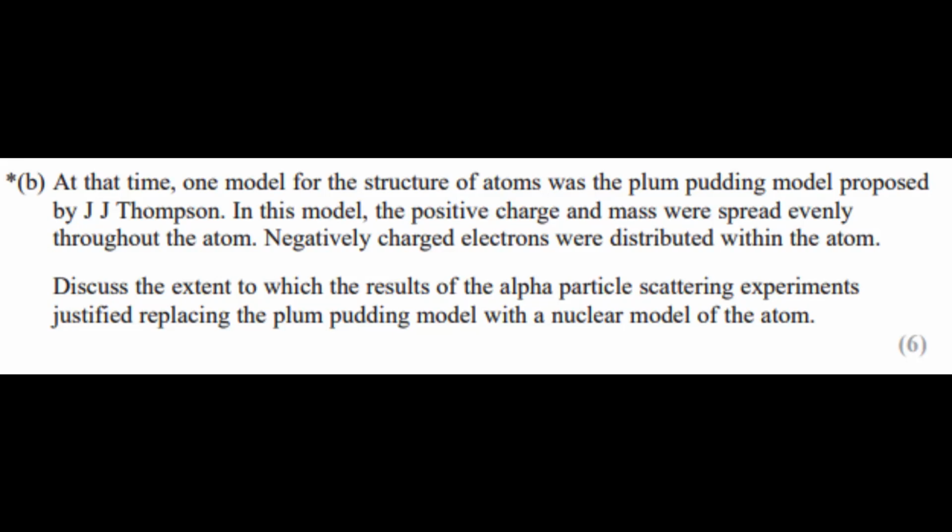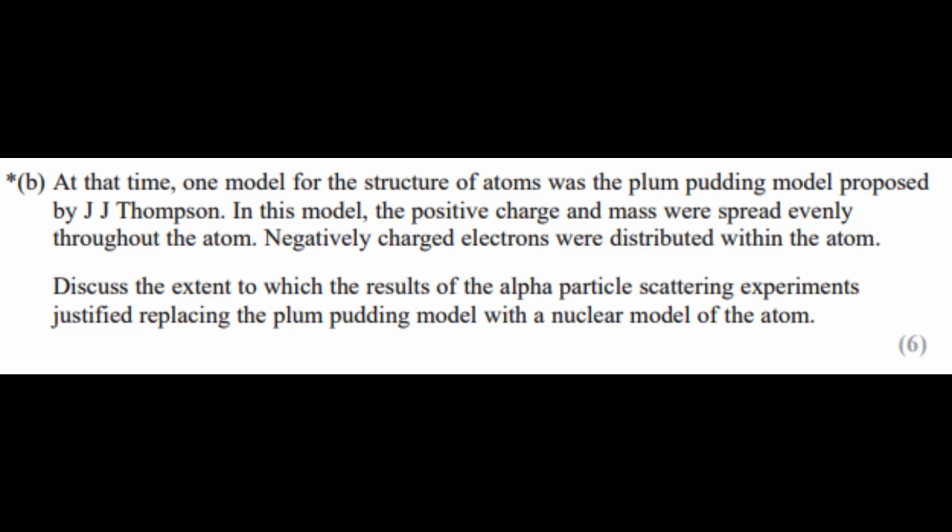Okay, so we got a question right here. At that time, one model for the structure of atoms was the plum pudding model proposed by J.J. Thomson. In this model, the positive charge and mass were spread evenly throughout the atom. Negative charged electrons were distributed within the atom. Discuss the extent to which the results of the alpha particle scattering experiment justifies replacing the plum pudding model with a